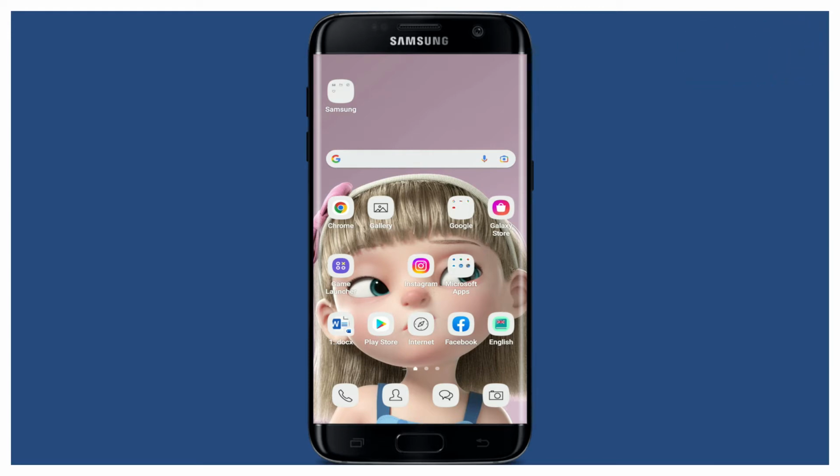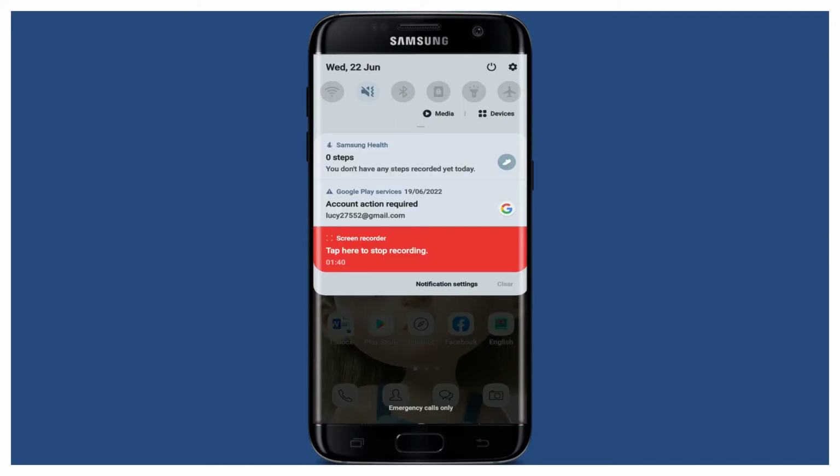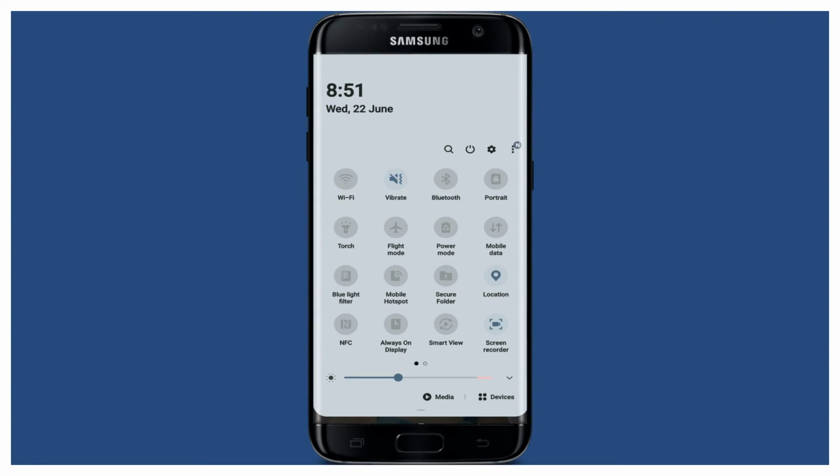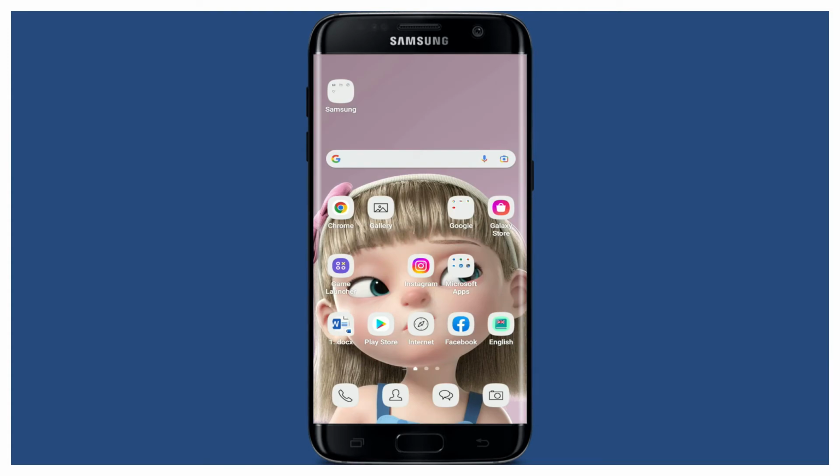If you can't play your videos on your Facebook application, then the first thing to do is to check if your internet connection is working or not. Turn on your Wi-Fi or your cellular data, or in some cases, you can also turn on your flight mode, wait for at least 60 seconds, and turn it off back again. Once you're connected to a Wi-Fi or a cellular data, go back to Facebook and see if that fixes the